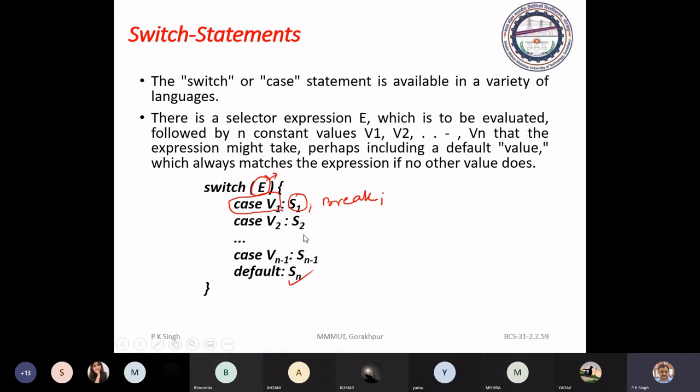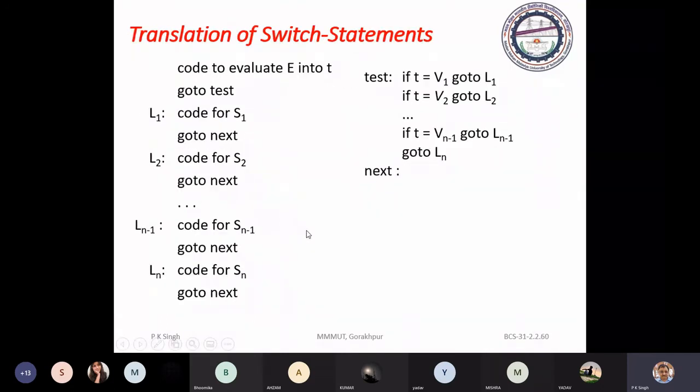Let us see them one by one. This is one. We evaluate expression E in a temporary.